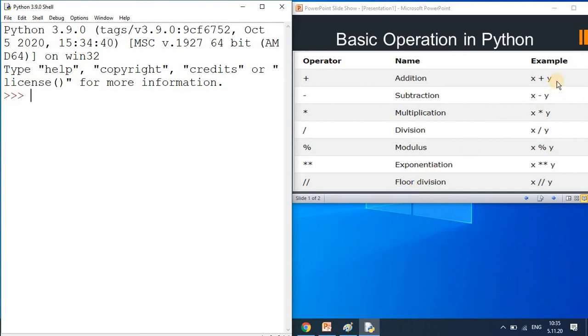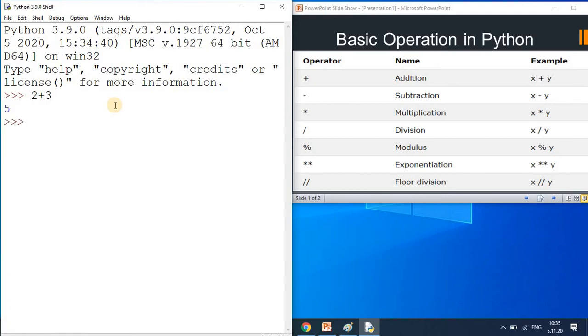In the example, we have variables like x plus y. Here x and y are the variables. Right now I will not explain what a variable is. We will just see examples of how we can perform various operations in Python. First is addition. I am doing a simple operation, 2 plus 3. As I told you, I am not going to use variables right now. We will just use numbers in place of variables. In the next tutorial we will see the variable concept in detail.